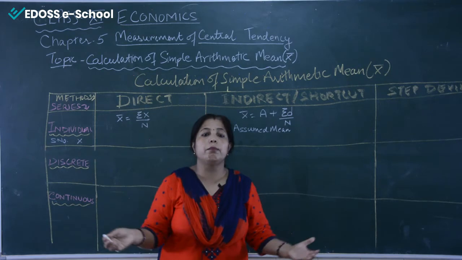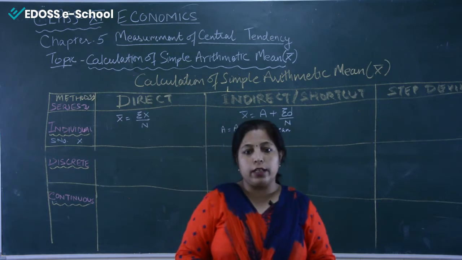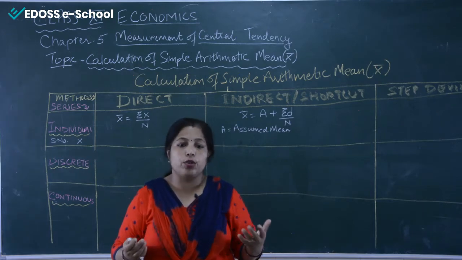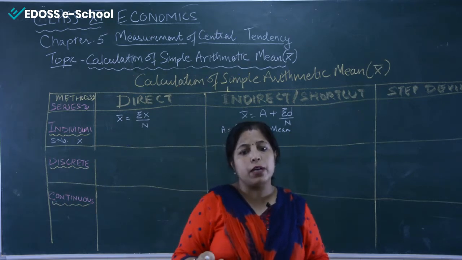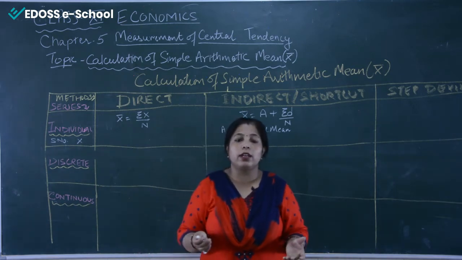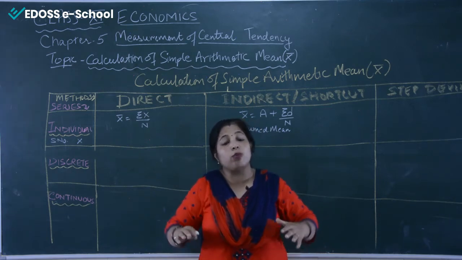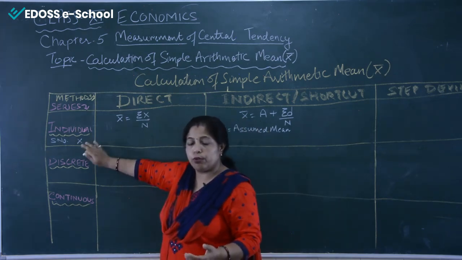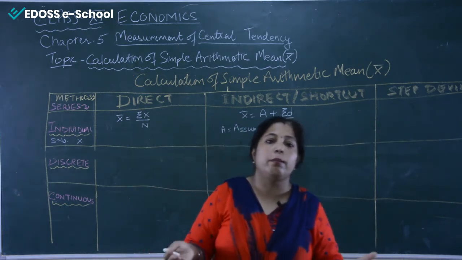Assumed mean is any number you are assuming. Means that if the data is going to be there in front of you and the data is x, from x you can select any number as assumed mean. Usually we take the middle number from x and we assume it. But assumed mean does not say that take a middle number of the series. You can take any number. Even you can take any number outside the x series which is given to you. Even you can take 0. Even you can take 1. And you can take any number you feel like.